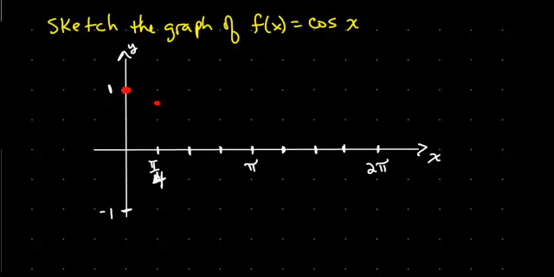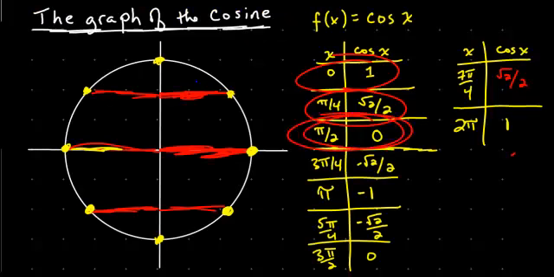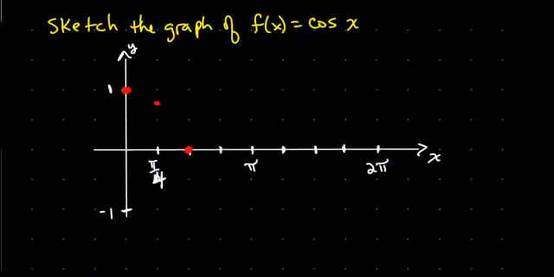After pi over 4, what do we go to? Pi over 2, and we get that we're at 0. This time, it's the first time we're at 0. And then, 1, 2, 3 pi over 4. At 3 pi over 4, I know we're at the negative √2/2 again. At pi,